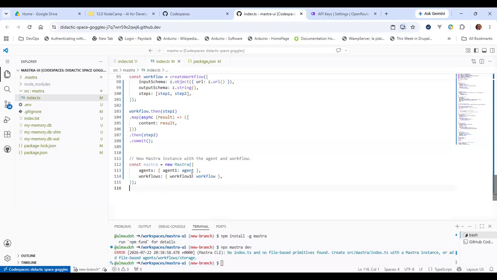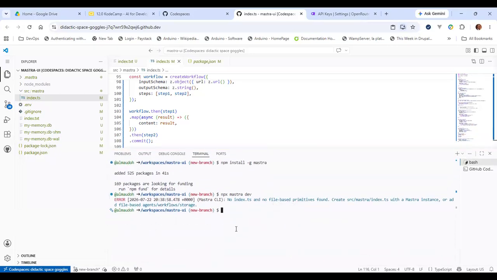But I don't want to have a Mastra server yet. I just want to have Open Mastra Studio with this Mastra instance and this one agent and this one workflow. So with that, now I can rerun this npx mastra dev.